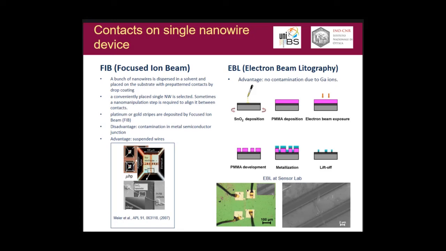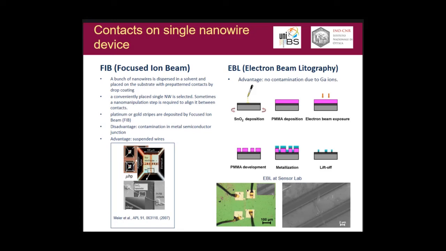And after this, you deposit the contact, for example, platinum or gold stripes by FIB over the nanowires you have selected. And you can have contamination in the metal semiconductor junction,